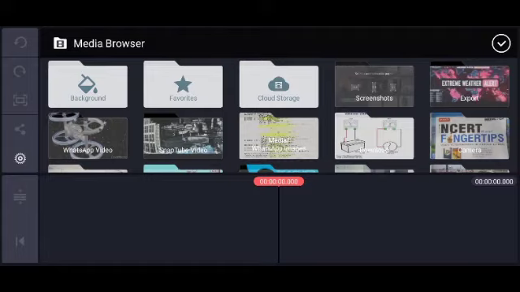If you stored any special file, that file you can see. Depending upon the requirement, you can choose that particular thing and press on it. So I am pressing on the NCERT file here.